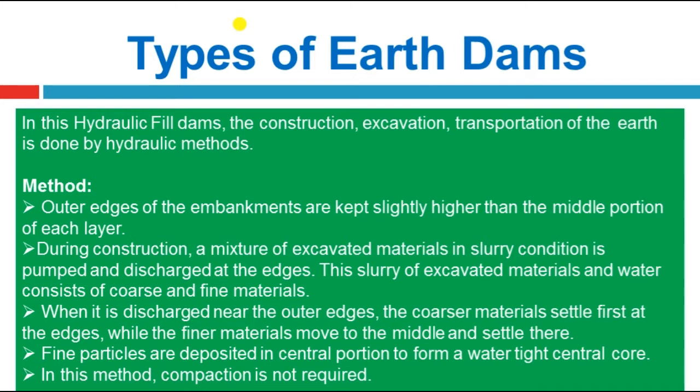We also classify our dam according to material. One type is the rigid type, and another is the non-rigid type. In the rigid type, we make arch dams, steel dams, timber dams, solid masonry dams, and concrete gravity dams. And non-rigid dams are those constructed of non-rigid material such as earth or rockfill. They undergo relatively large settlement and deformation because they are not rigid, like earthen dams and rockfill dams.